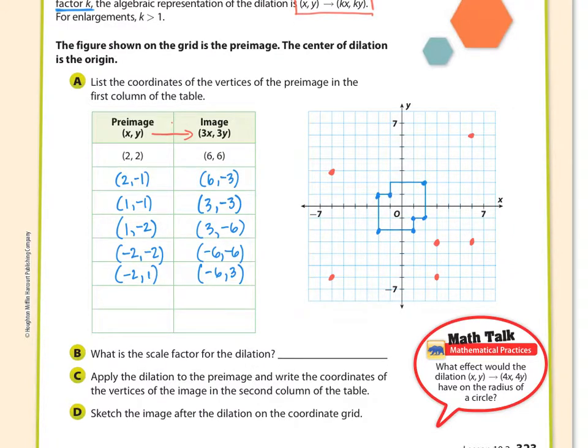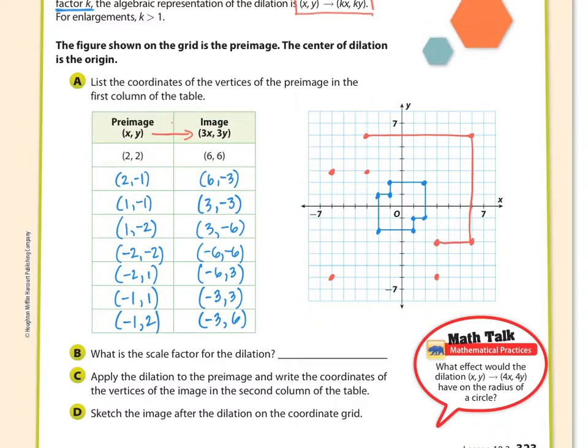Next point is negative 1 comma positive 1. Multiply those by 3, and I get negative 3 comma positive 3. And negative 3 positive 3 is on the graph now. And one more point, negative 1 comma 2. Times 3, each of those is negative 3 comma 6. And assuming that I did all of this correctly just now, and then if I also connect these the right way, then you're going to see,